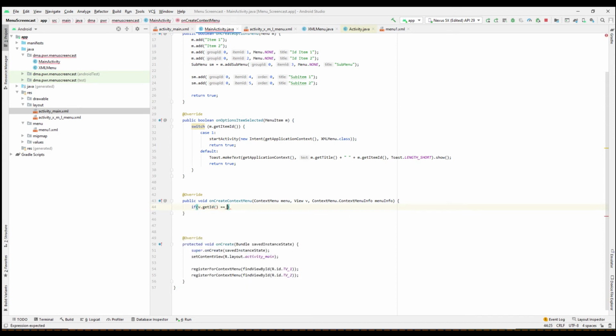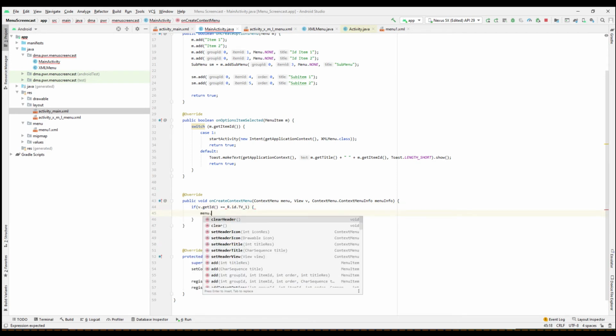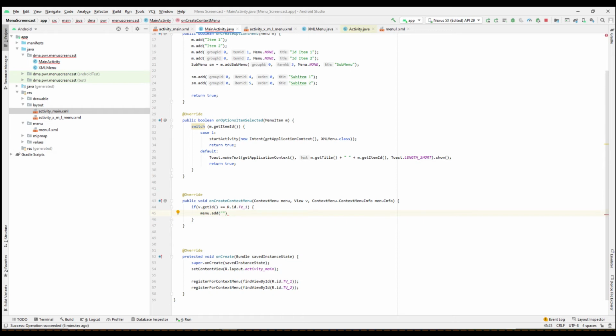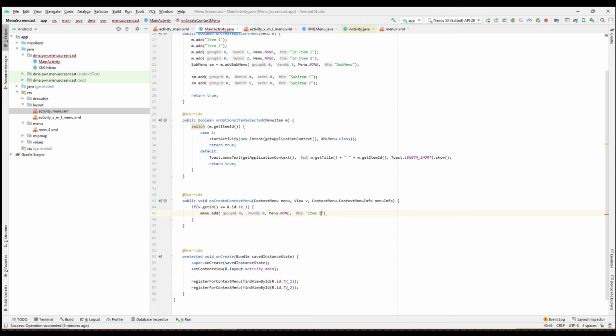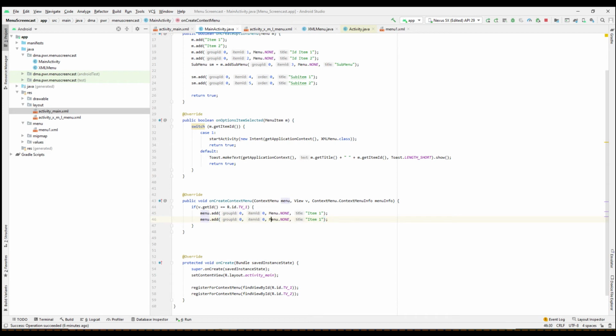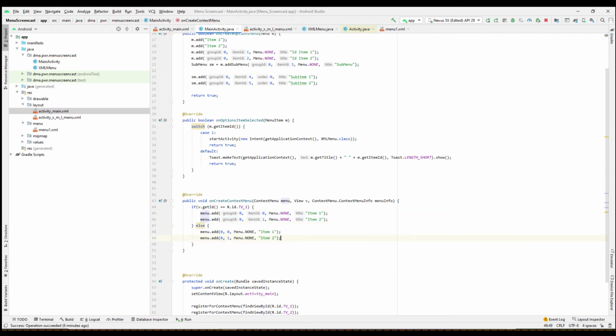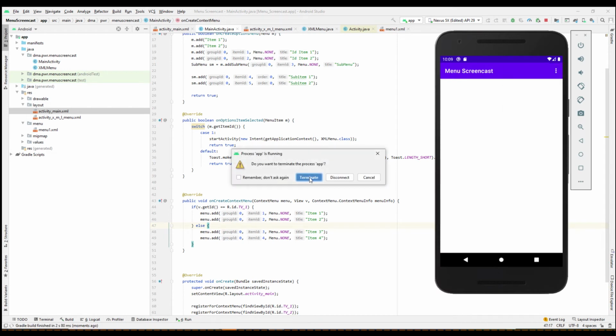So if the first item was clicked, which means that it is our ID TV1, we're gonna add menu.add 0, 0, item 1 and item 2, and otherwise we're gonna add item 3 and item 4, and here let's say 3 and 4, just to be a bit less confusing. Okay, so let's terminate the previous one,